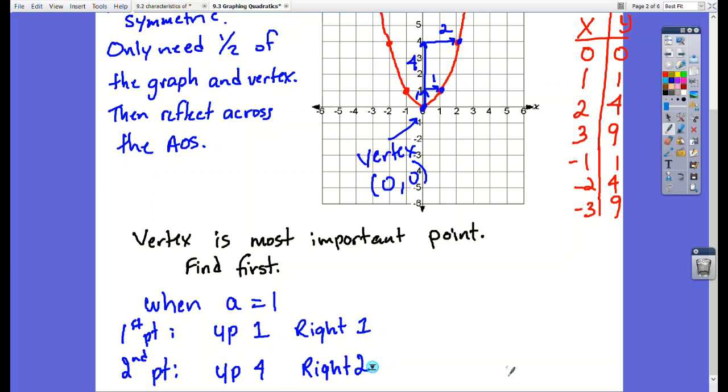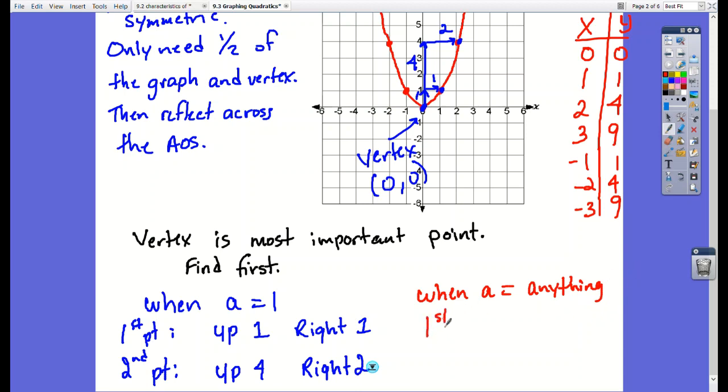If you change your A value, the parabola, if the A value is bigger, the parabola gets skinny. If the A value gets small, like 1/2, 1/4, 1/8, it gets wider, right? It's the exact same thing. So here's a better way to describe how we're going to do this, and this will always work. So when A is any number, and this works when A equals anything, whatever you want, positive 1, negative 1, 0, whatever,